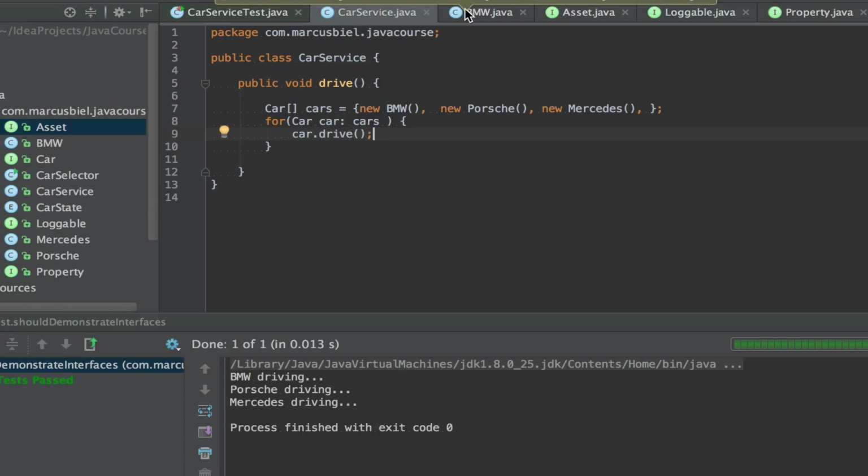I think this pretty much rounds up my explanation of interfaces in Java, a really cool feature. And now let's have a discussion about the pros and cons, about the advantages and disadvantages of interfaces in Java. Well, first of all, let's start with the disadvantages.